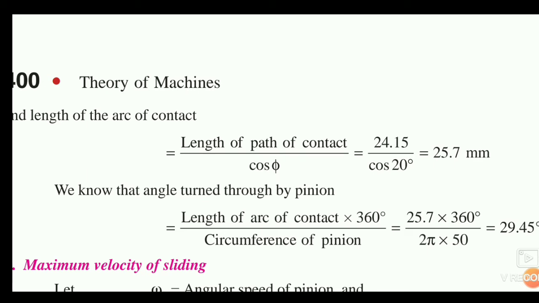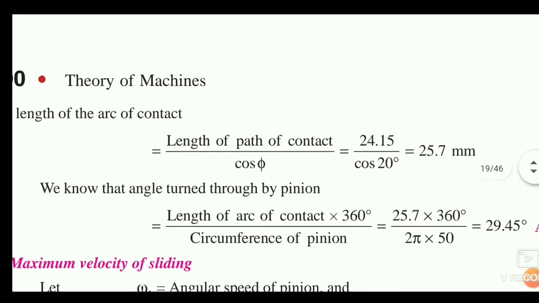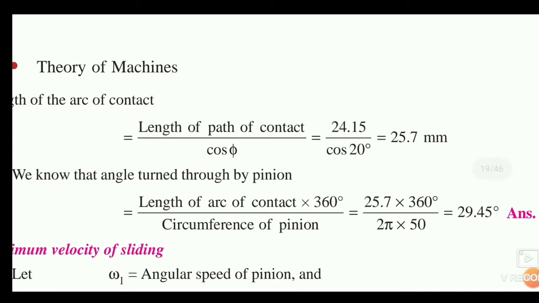Then the angle turned by pinion. I told you this is the formula. This also you have to write somewhere and you can memorize this. Length of arc of contact by circumference into 360. So the length of arc of contact you already found out here,